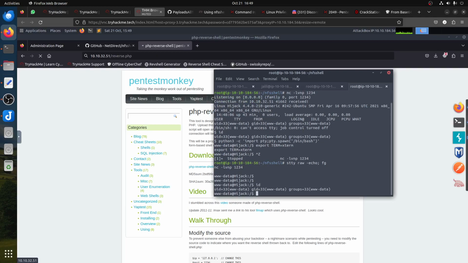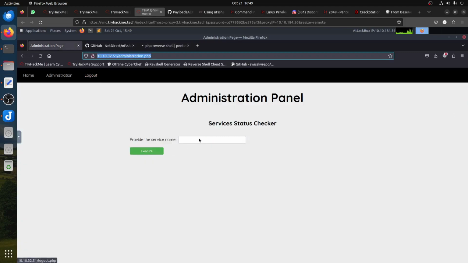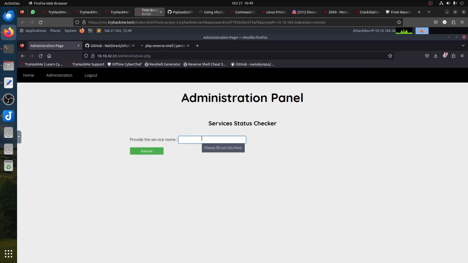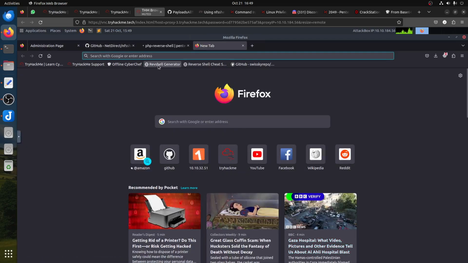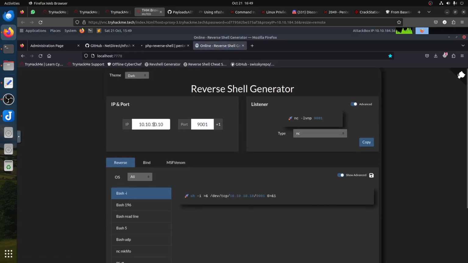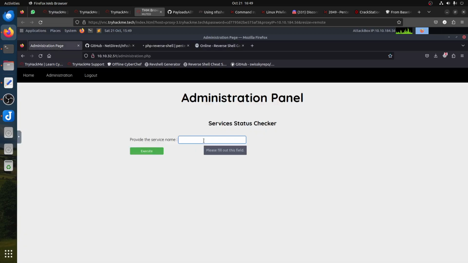And then we have the ID, we have the things. Remember these, where is it? There is another way to do it, the bash one. With the reverse shell generator, my IP is 10.10.184.56. Okay, it's fine. We got this. This other way to do it, I think, is what we can put here. We can put binary bash